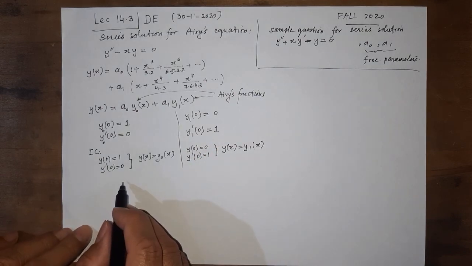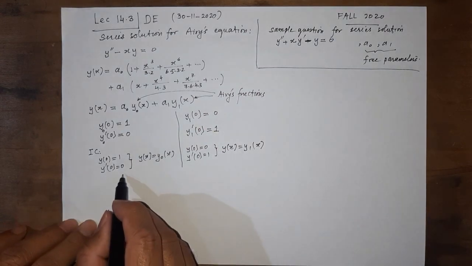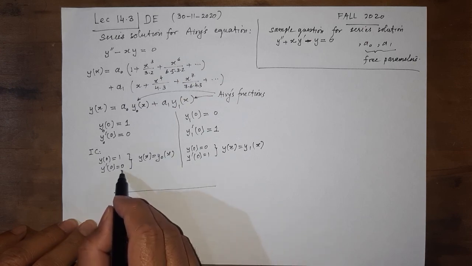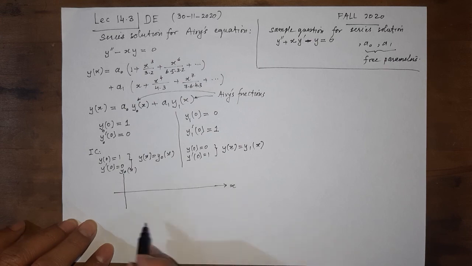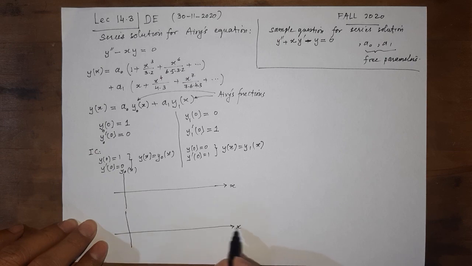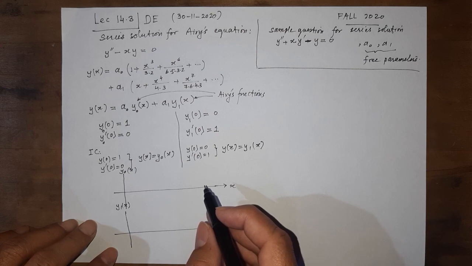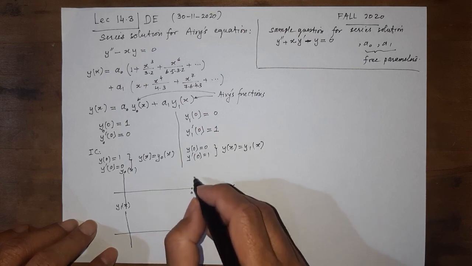So we are interested in finding the graph: how we can plot y naught of x with respect to x, and how we can plot y1 of x with respect to x. So if we use some solvers, we can see that y naught of x at 0